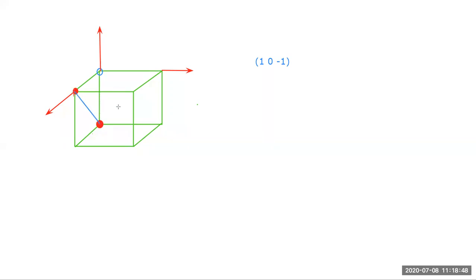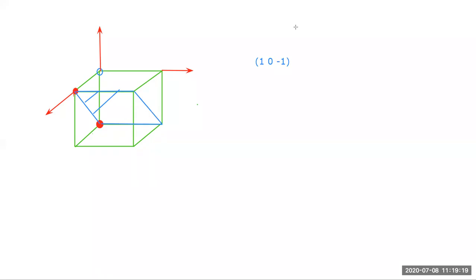Then you have to draw the same line parallel in the opposite plane. So this entire plane is nothing but 1 0 bar 1. Indicate it with hatch marks. So this is the 1 0 bar 1 plane. Any doubt in this? No, sir. Okay.